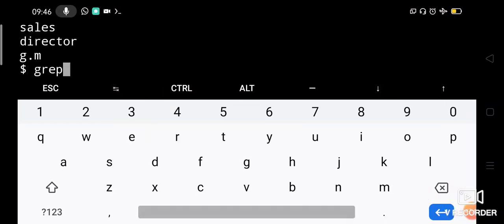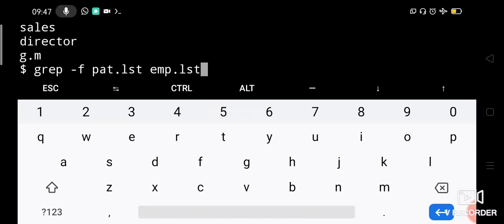Say grep -f. Now pattern is stored in pattern.list, so I'll give that file as the argument. Then I will say emp.list. So pattern should be searched in emp.list. Patterns are available in pattern.list and those patterns are to be searched in emp.list. Okay.